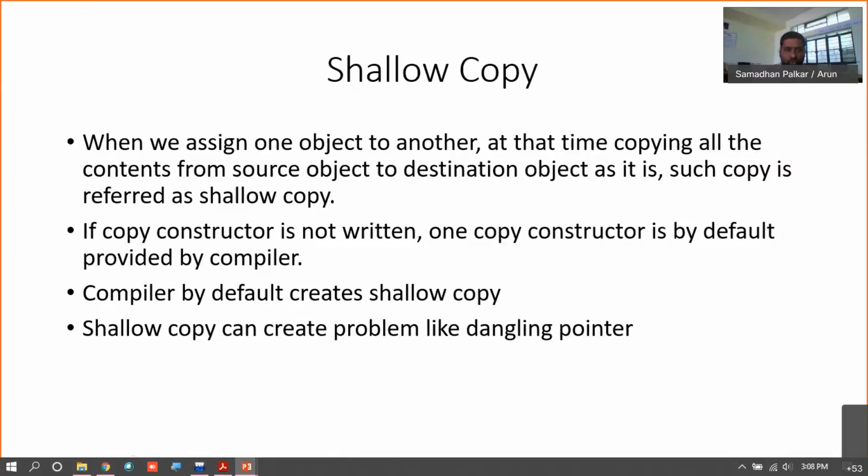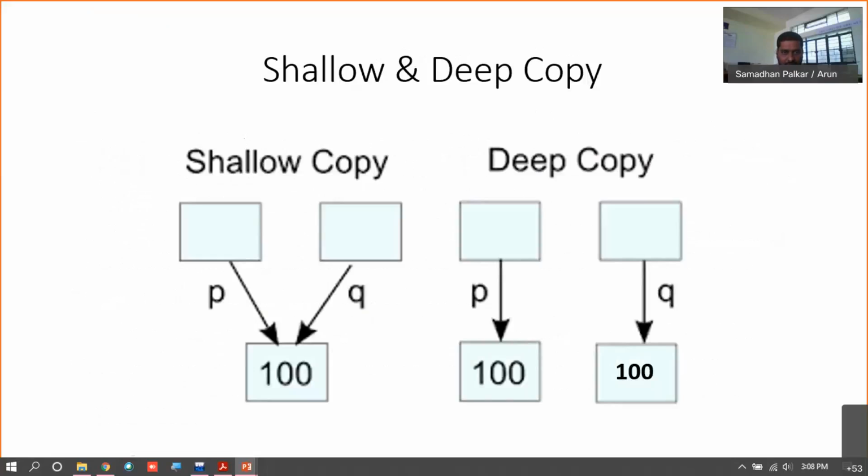Now we'll move to this slide. Keep in mind that this is a pointer P which points to 100, and this is the Q pointer which points to again 100. What actually is a dangling pointer? If P tries to free up the memory 100, then this pointer P is deleted and this memory is freed.